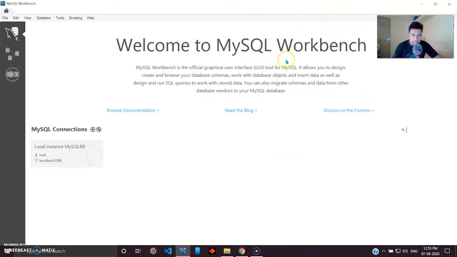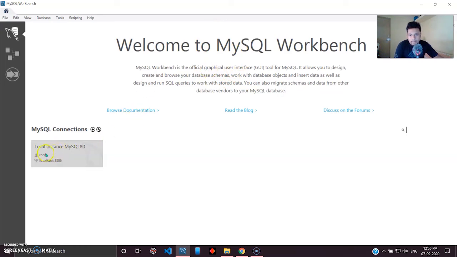So your MySQL Workbench looks something like this. This is your MySQL DBMS, which stands for Database Management System. You can manage all your databases, all your tables, stored procedures, triggers right through this IDE. And this is a GUI application for MySQL.